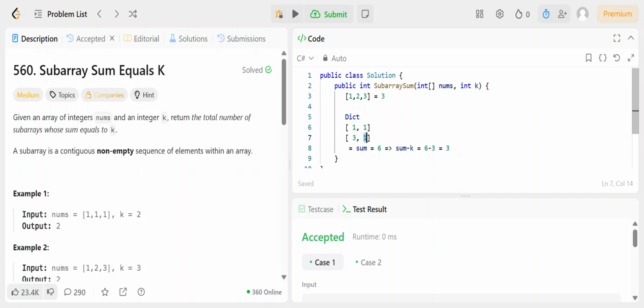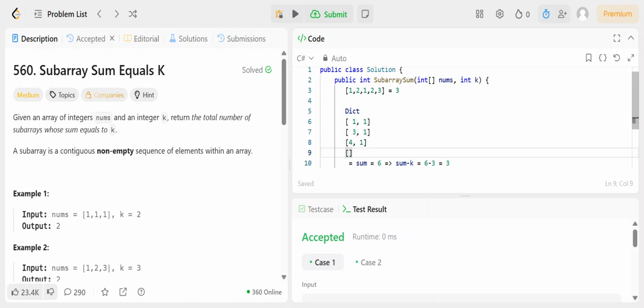and that the occurrence is 1. So let's say I'm having one more array. So I'm having this kind of array. So at this time, what am I going to have? I'm going to have 4 comma 1, and again, what is going to happen? It is going to calculate 6 comma 1, and